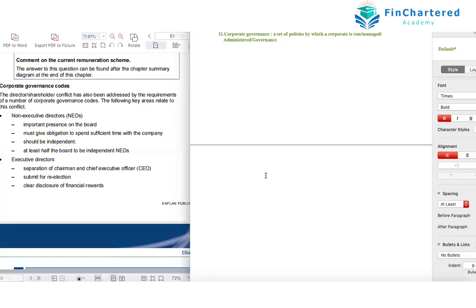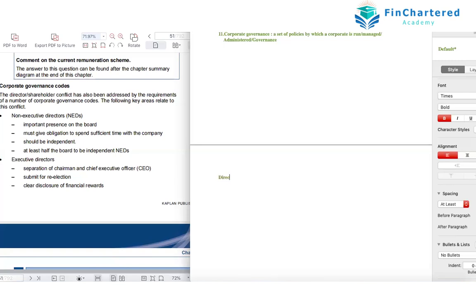And I'm sure, Osama, you would have learned about this: if the client does not support you or give you all the information that you need, you will raise it to those charged with governance. So governance is basically how you manage the company without mismanaging it, without doing fraud. And that's why